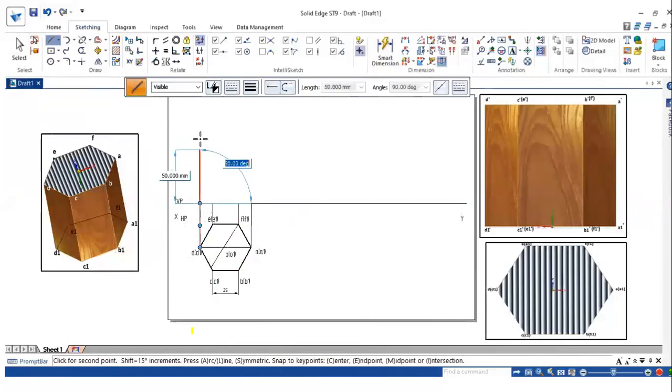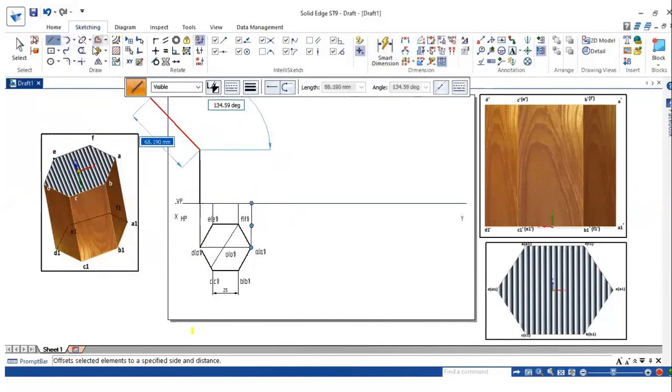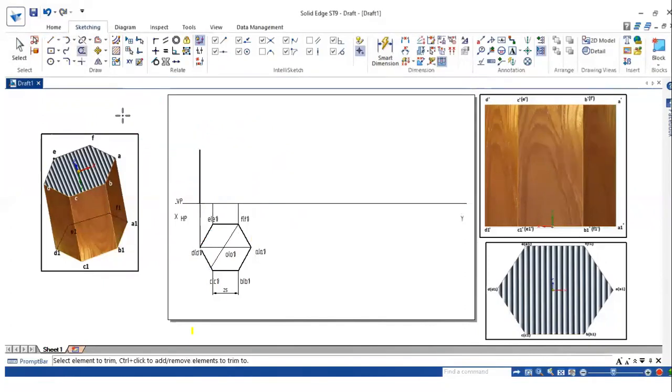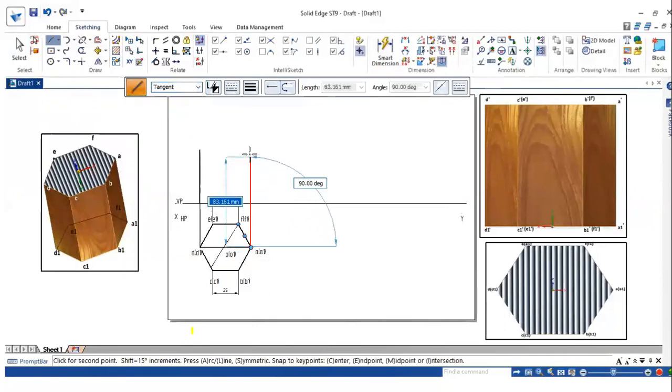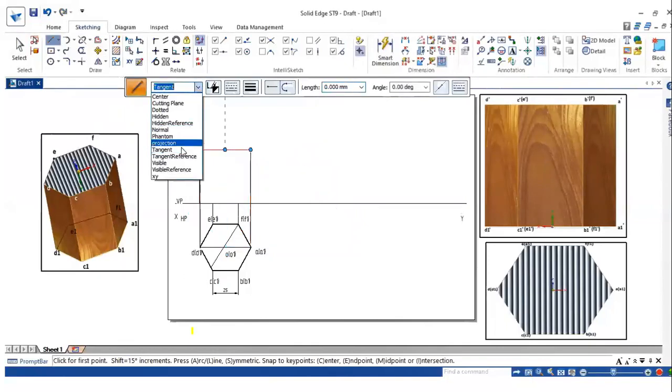So 50 mm. Use the projection line to project. Okay, represent the visible line.